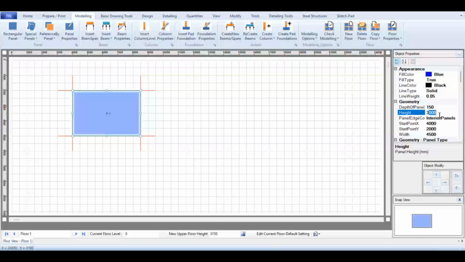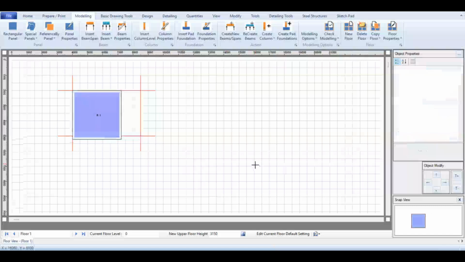You press 3225. So then you come to the width. It's the same thing. Let's put 3225. As you can see, we have